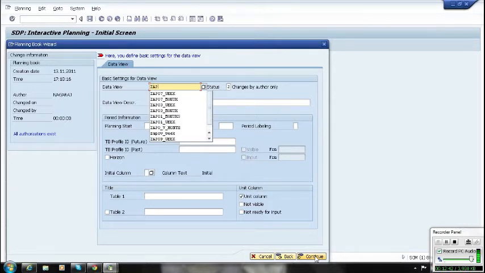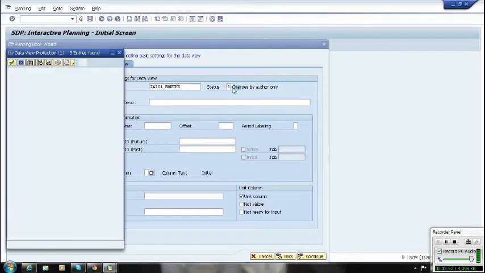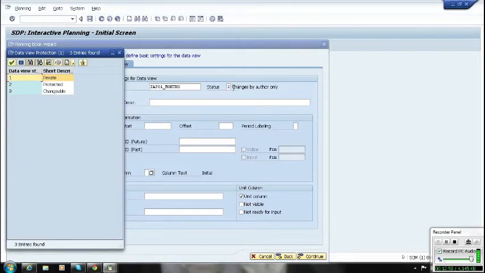And I will create a ZAPO1 month data view. And here you can see the status 2. If you give the status 2, only the owner can change it. For others, it will not allow the change.